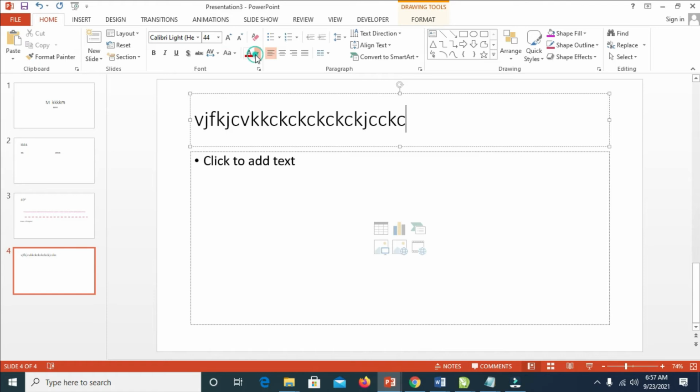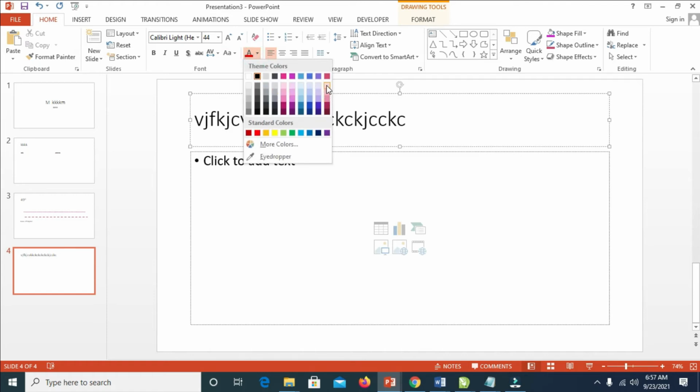Then click here. As you can see, the color palette has been changed, but this one is still the same as it is. So as you can see, it has been changed. So right now, to change it back to the normal one, you can also change to any color palette of